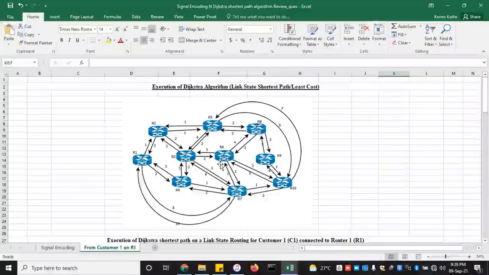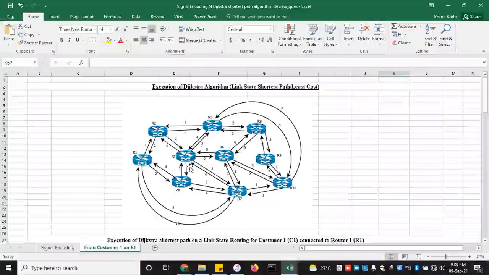The question you might get here is to try to execute the Dijkstra algorithm for the shortest path on this